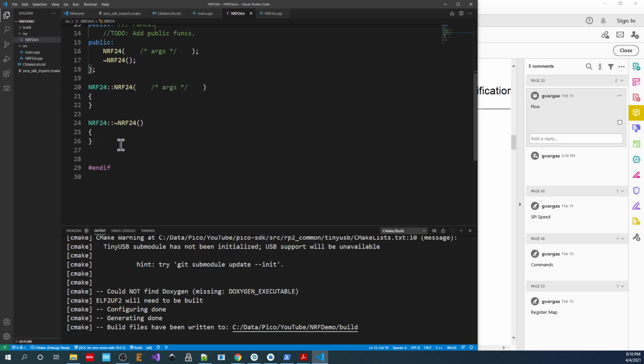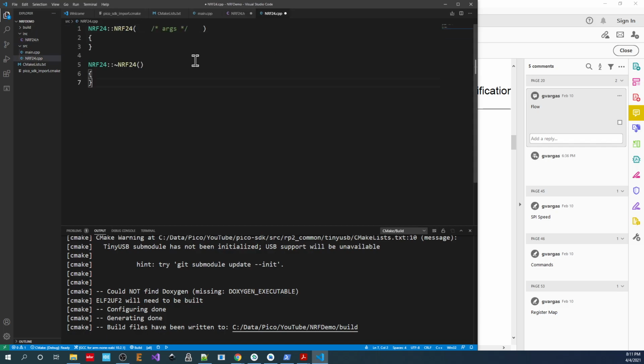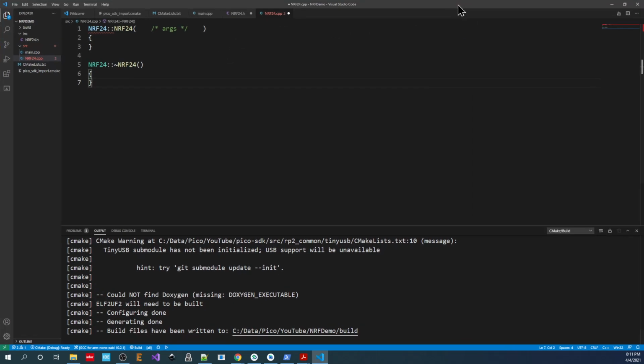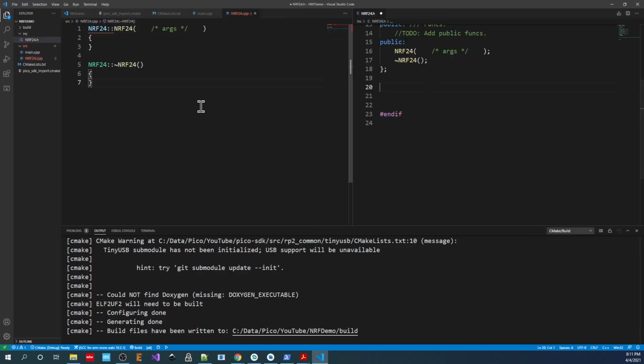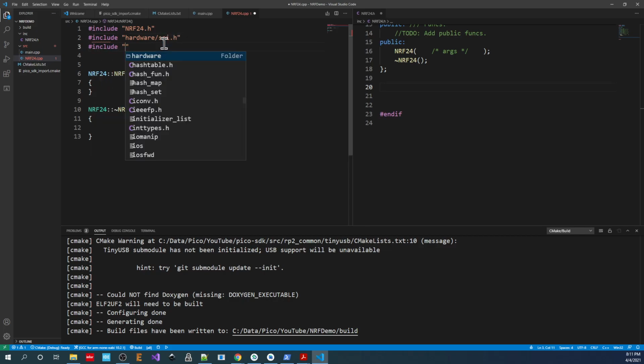Okay. So now that we have that, we need to move this item of the header file and put it in the source file. So let me maximize this, and I'll bring this to the side so we can view everything we're doing. Include the NRF file. Also, the other ones we are going to use, which will be the hardware SPI and GPIO,